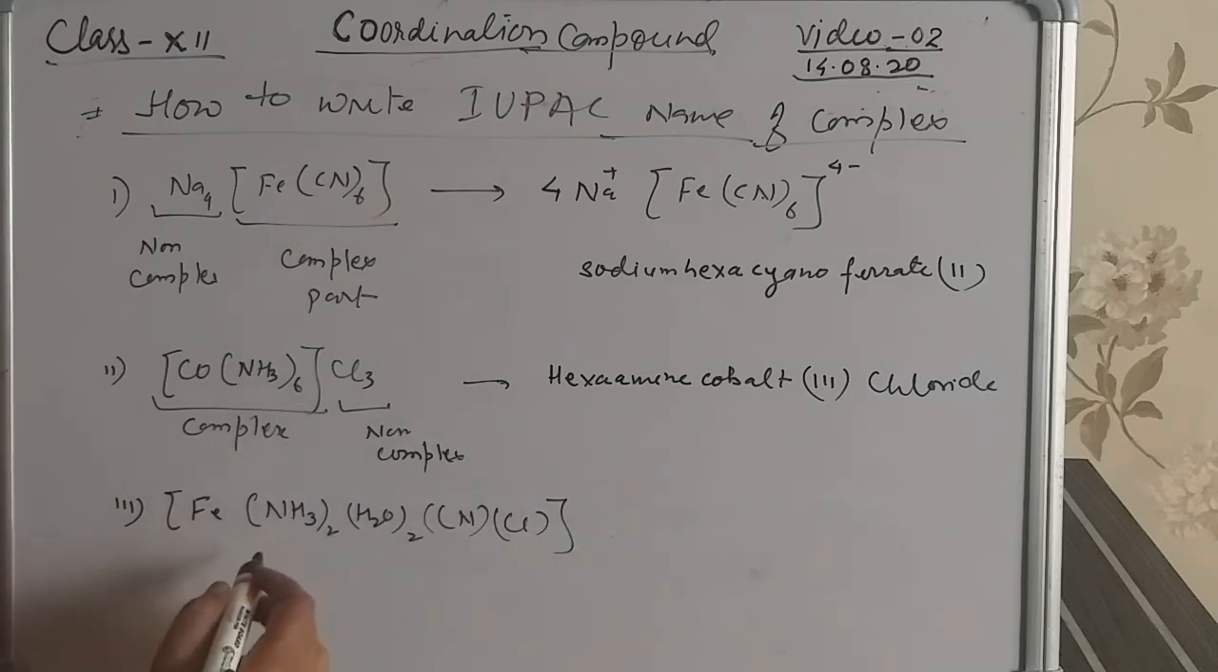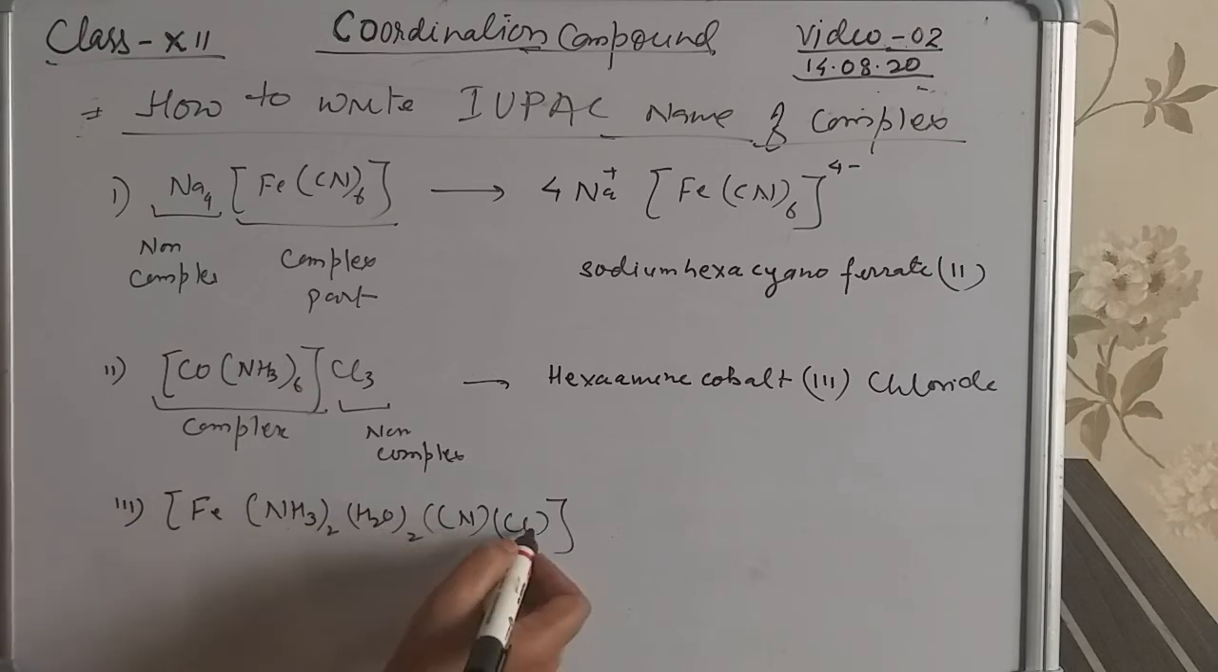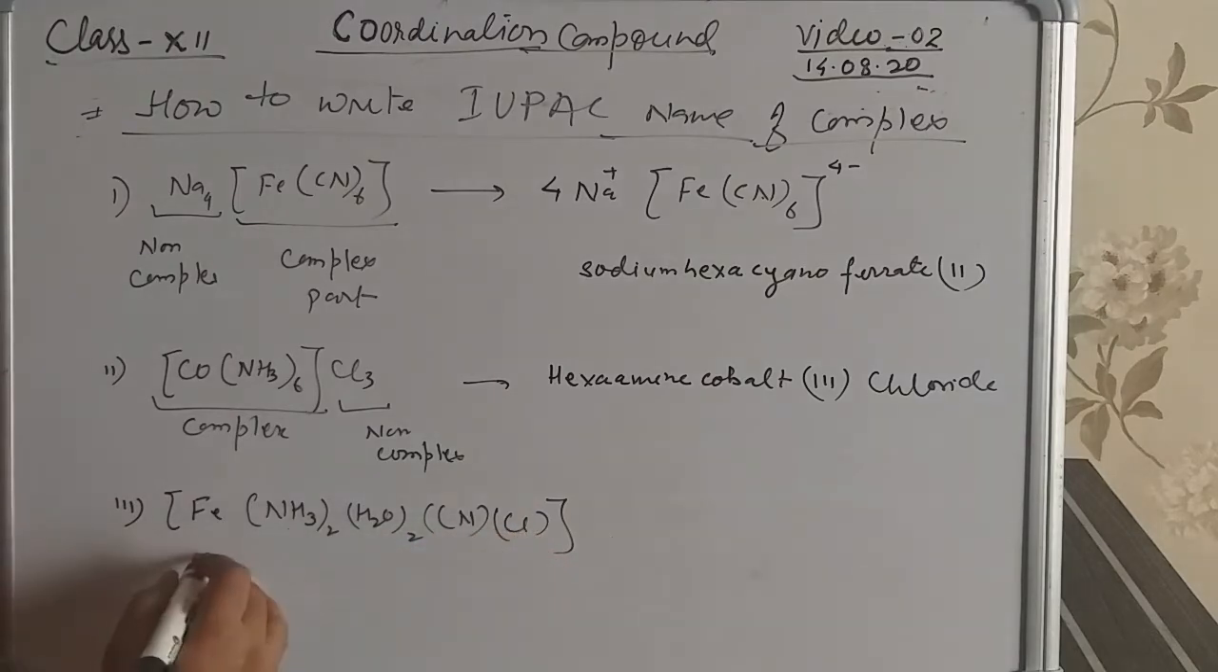So at first we use the alphabetical order. We use 2 for di, 3 for tri, and so on. We use the names of the ligands: ammine for NH3, aqua for water, cyano for CN. If chlorine is in the coordination sphere, it will be pronounced chloro, and so on. So the name of this compound is: at first, ammine, so we write di, 2 for di, diammine,